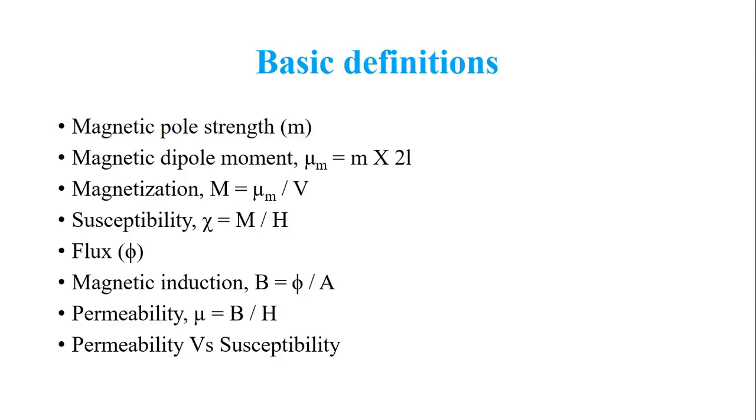So you have a source of magnetic field, then you expose the given magnetic material to the source of magnetic field. Now, to what extent this considered magnetic material specimen will permit the magnetic lines of force coming out of the source of magnetic field is decided by the parameter permeability. So permeability decides how many lines of force should penetrate the specimen. Susceptibility decides to what extent these lines of force can magnetize the specimen. So these are the basic definitions in magnetic properties. We'll continue in the next class.